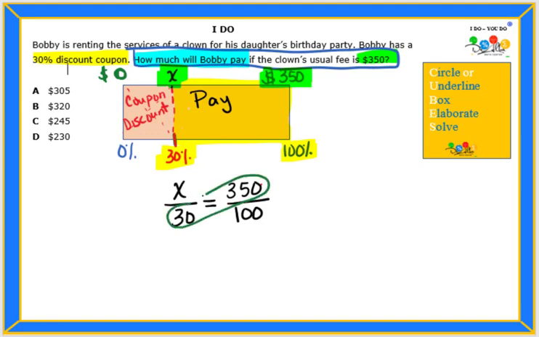30 times 350. So I'm going to multiply that here. 350 times 30: 0 times anything is 0. So 0 times 0, 5 times 0, 3 times 0. And then we are done with the 0, so we can use a placeholder. 0 times 3 is 0. 5 times 3 is 15. We're going to carry 1. 3 times 3 is 9, and 1 more is 10. And so we have 10,500